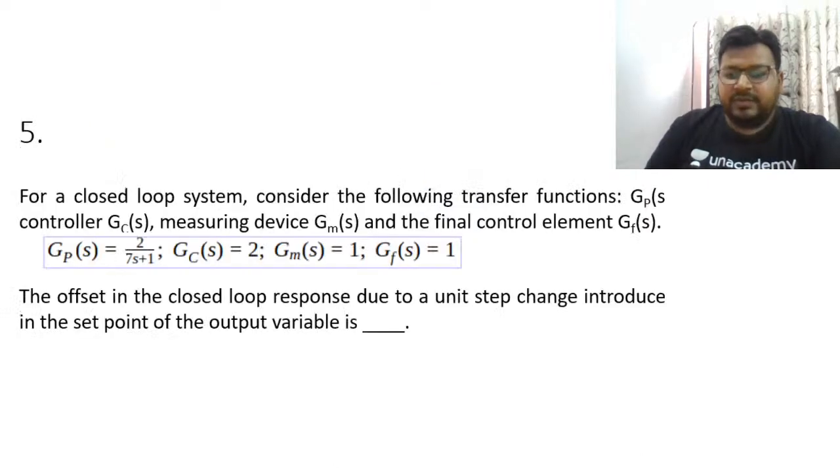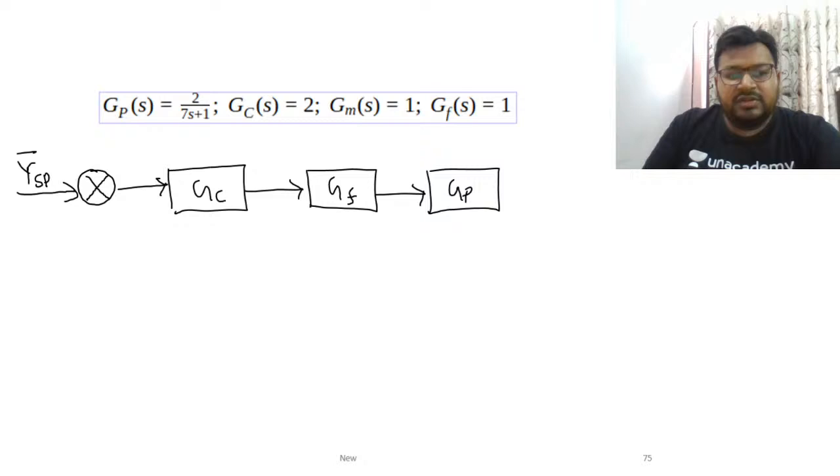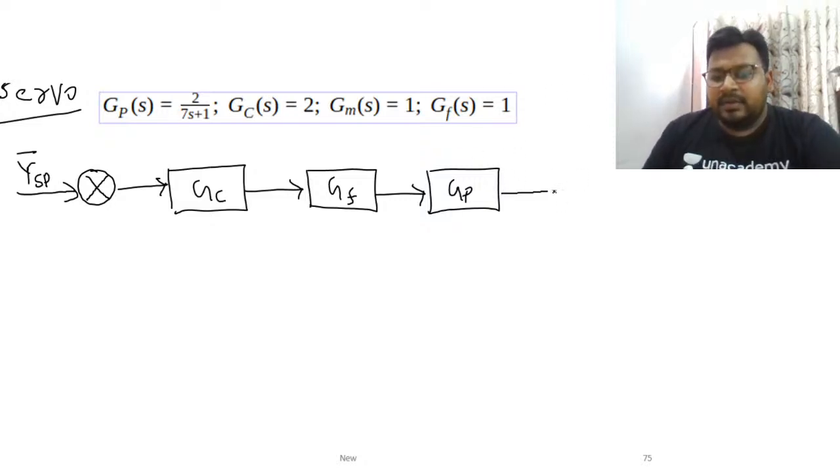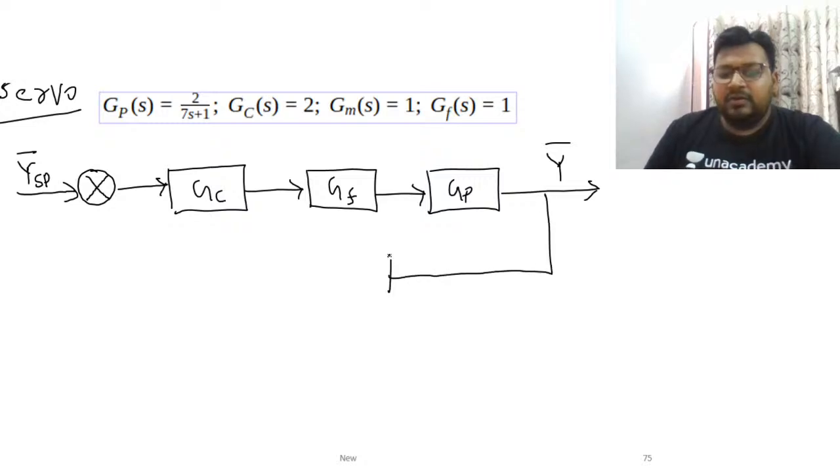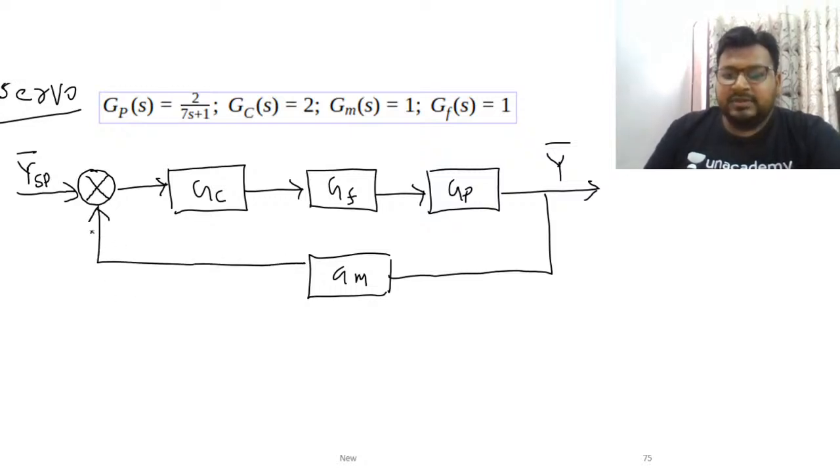Okay, and whether disturbance is there or not, you can see in the last line. Step change introduced in the set point. So the step change is introduced in the set point. It means it's a servo problem, and if it's a servo problem, no need to introduce the disturbance here. So that will be your response. And for measuring this, you have applied a measuring sensor, and you are giving the signal to the comparator with the help of this measuring sensor. Okay? So the measuring sensor is given as 1, so that signal is actually Y bar. GF is given as 1.